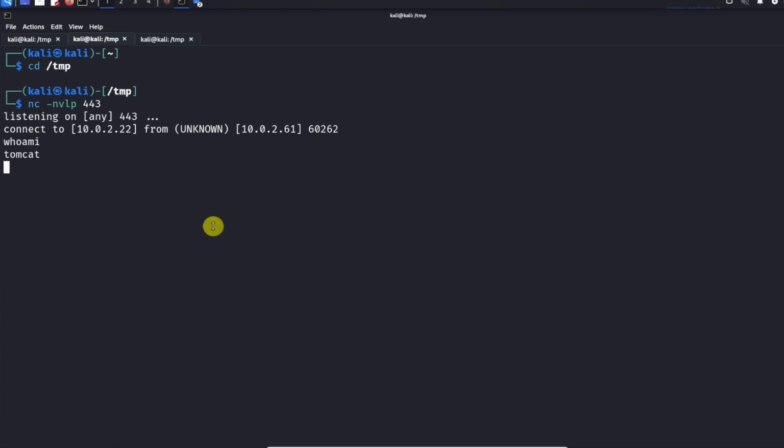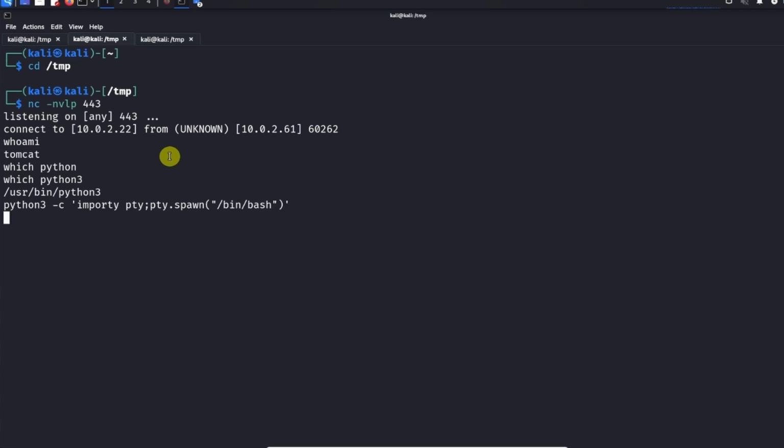Okay, so the first thing we want to do is upgrade our netcat shell. Netcat shells are notoriously less useful than regular SSH shells. So what we want to do is locate the Python program to figure out how we can upgrade our shell. We can upgrade our shell somewhat by using the Python 3 program. So I'm just going to do python3 -c, and then it's going to be import pty.spawn bin bash,